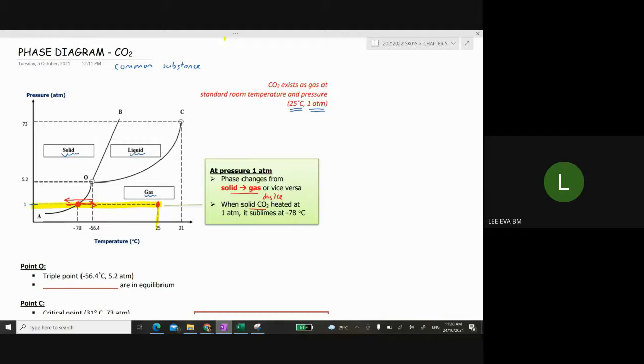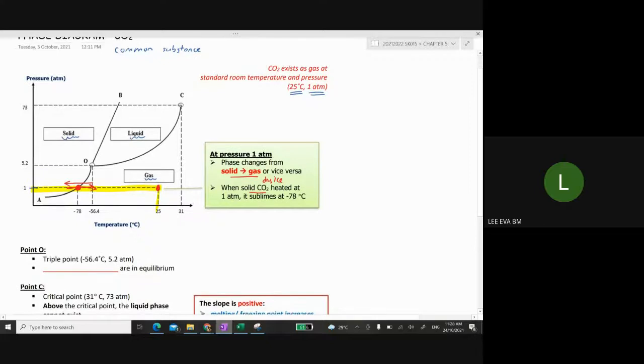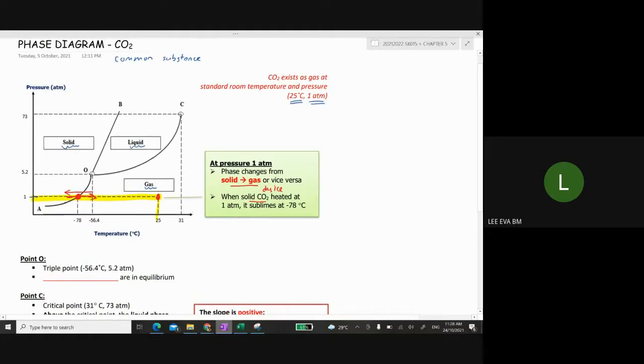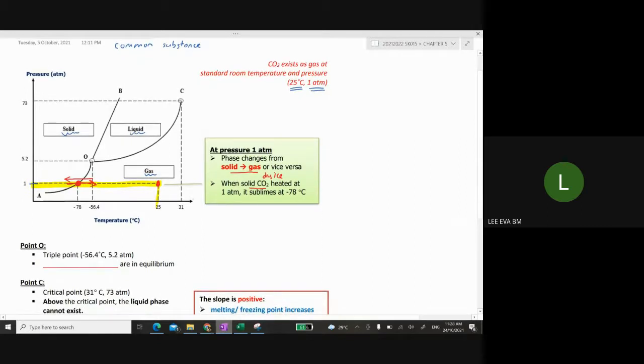Any questions over the phase diagram for carbon dioxide? Okay, kita teruskan untuk